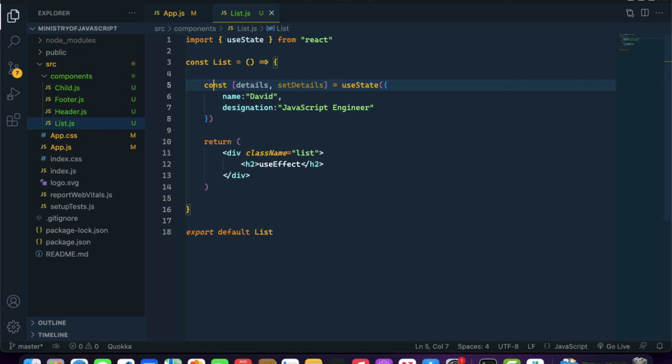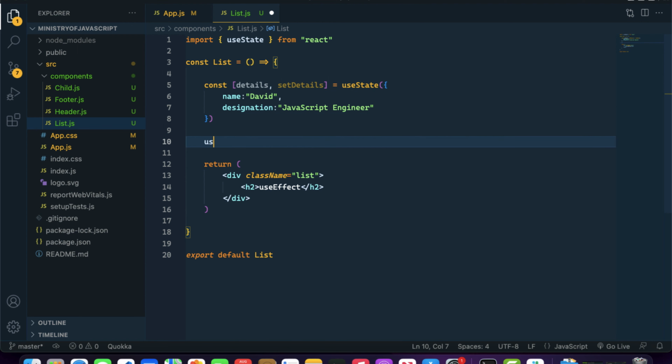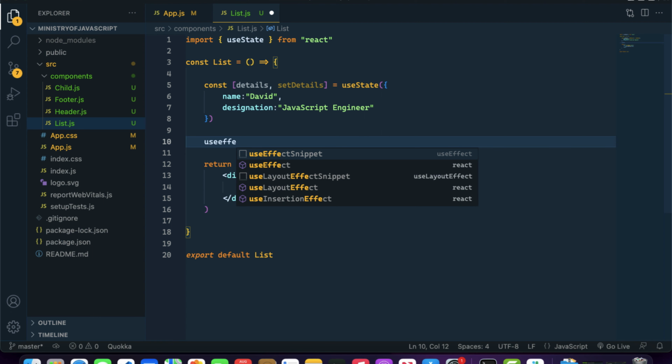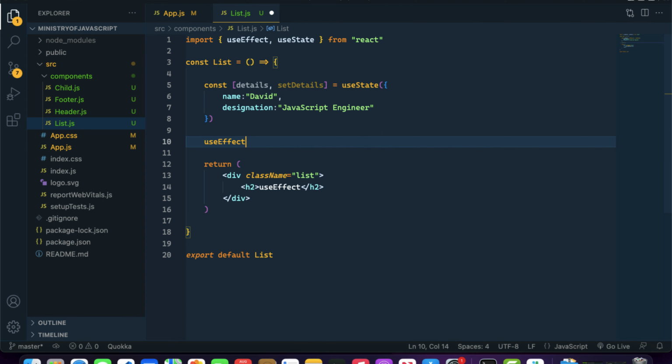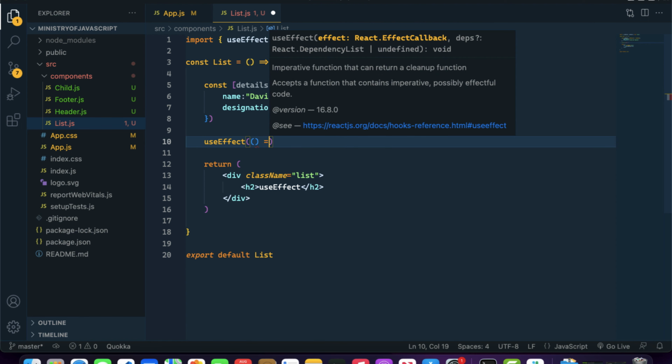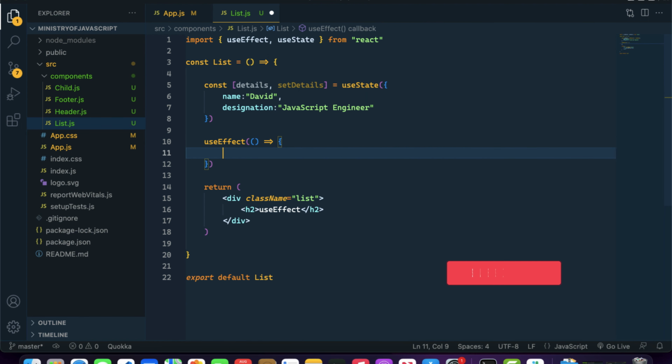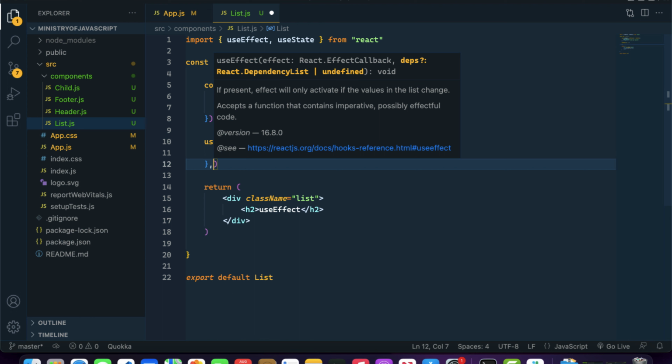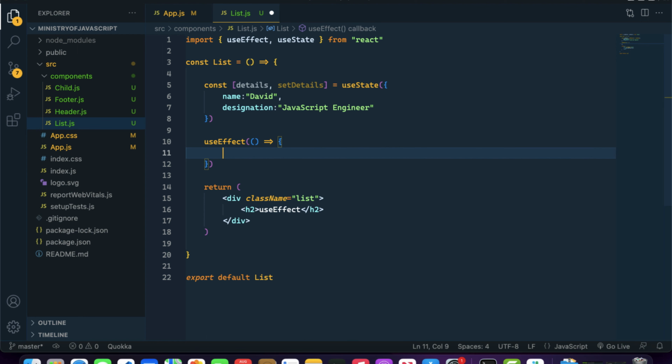So if we want to use the useEffect, then first we need to import it. Let's import it over there, and then basically it takes two arguments. The first one is a callback function, which is mandatory. You need to pass the callback function inside the first argument, and the second one is an optional parameter, right? The second one is going to be the dependency array. I will tell you in a bit what the dependency array is, but let me come over here and write